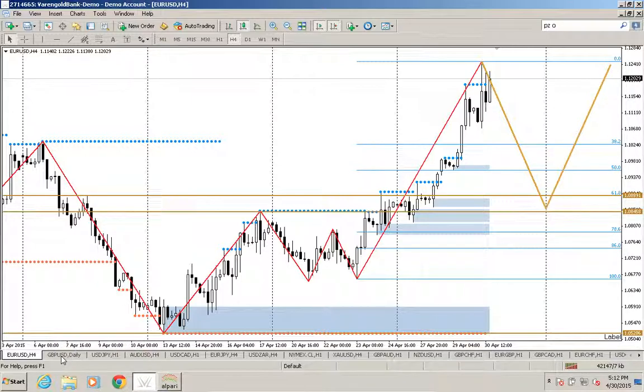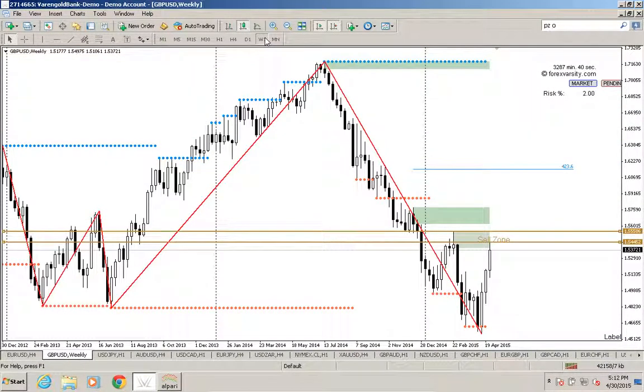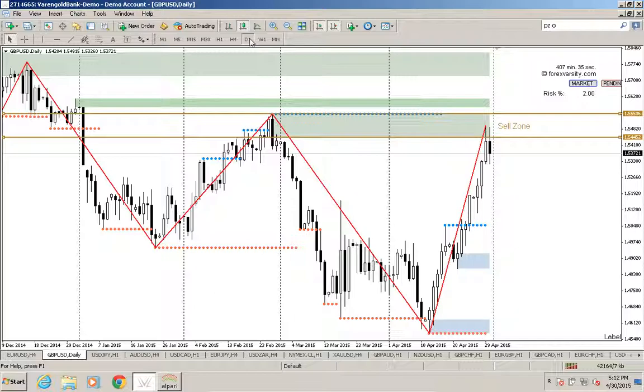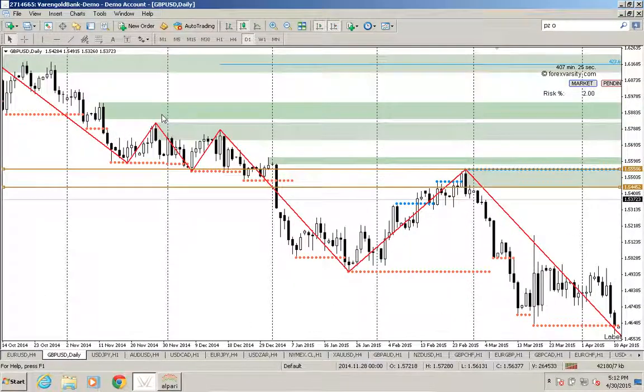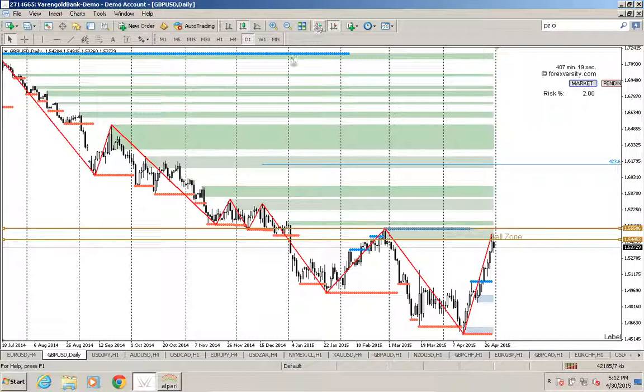Okay, let's move to another pair. Let's start at the pound US dollar. And we can see here on the daily chart, the price actually just entered our sell zone today and yesterday. But you can draw a Fibonacci from any A to any B. Just remember that. Now we have multiple A's to draw from, and then the B at the very bottom of